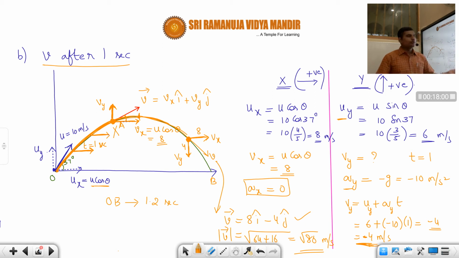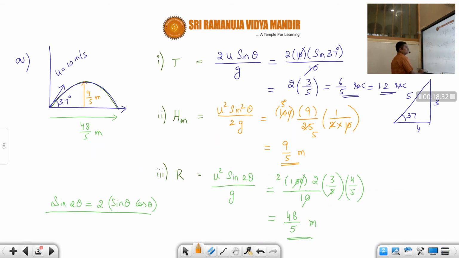Apply in the y direction. We know time, so this is the best equation. Vy is equal to Uy plus Ayt, because time they are giving, Ay is anyway standard, and Uy also they are giving. So directly you can use this one. So always remember, students, velocity after some time means it will have two components, Vx is same as Ux, Vy means you apply this equation, Vy equal to Uy plus Ayt. Please note this down as a formula, please remember. Whenever you are writing a formula sheet, please write this down, this is the important concept.